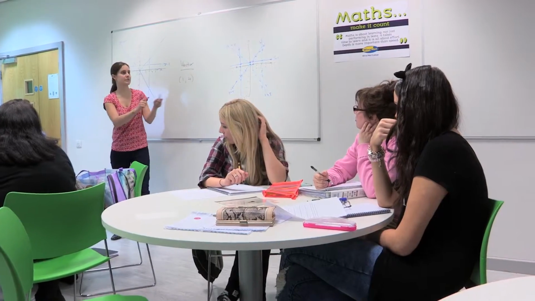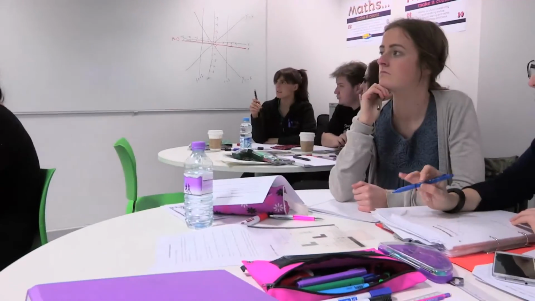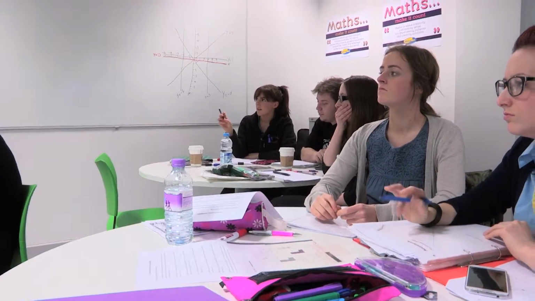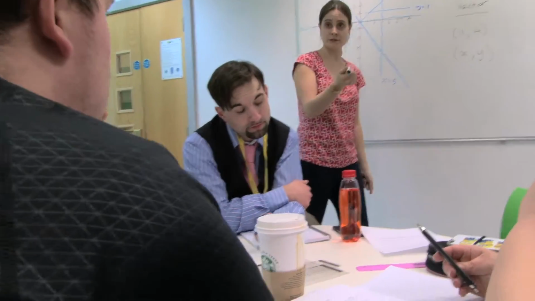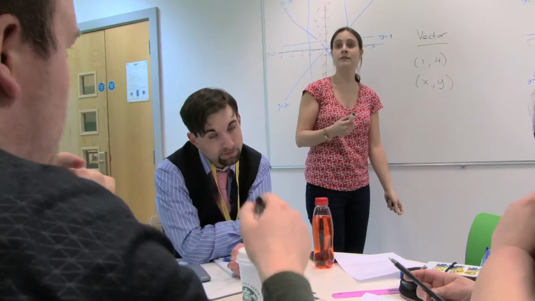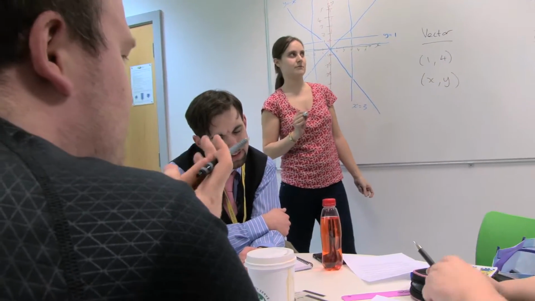What does that mean? Vector, yeah, okay. Has anyone any idea what a vector is? Anyone know? Letters. So like X and Y, using your X and Y, isn't it? It's normally x and y, yeah. One point to another. So a vector is from one point to another, so it's defining where it's gone from.